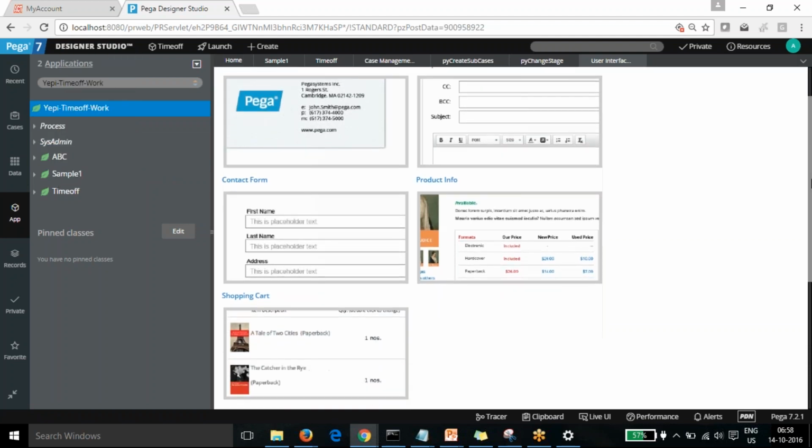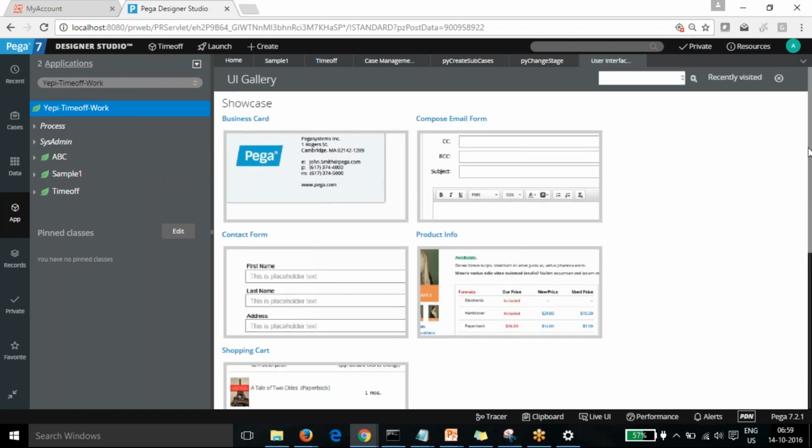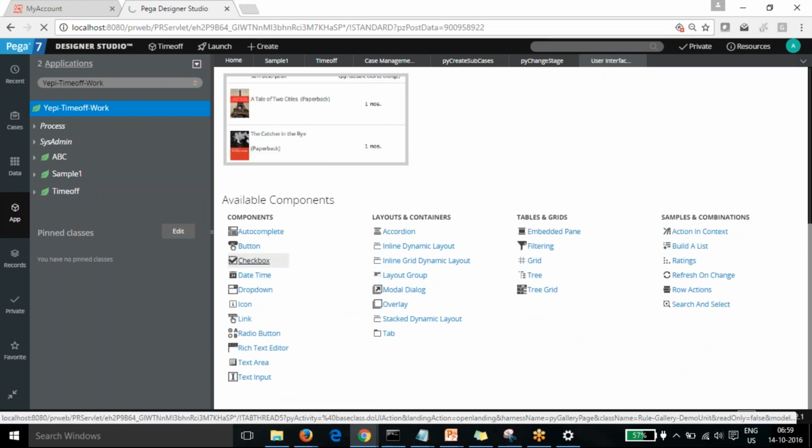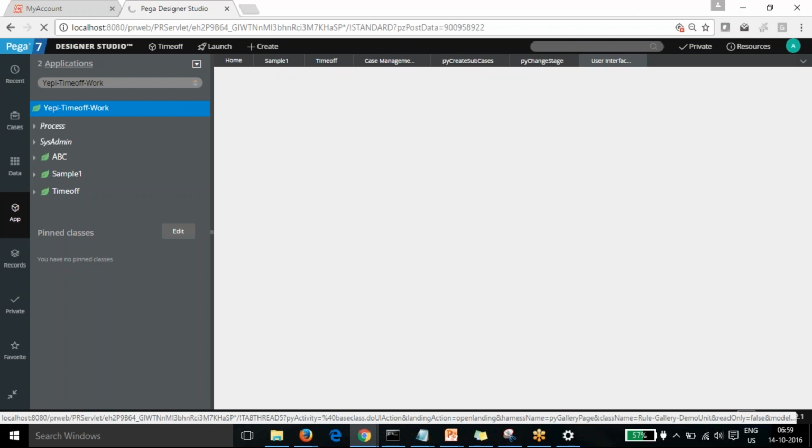And now you can see how these business cards, different UI cases, and all the different components of the page look. Also, if you want a checkbox, we can see from here the different options for a checkbox, and how different configurations, formats, and skins we can have.